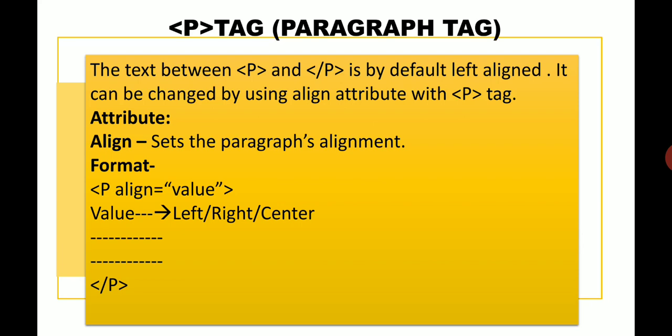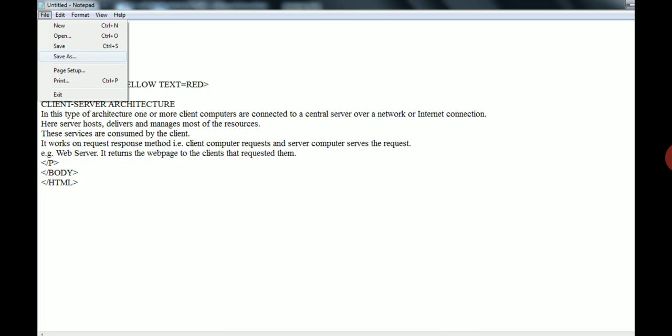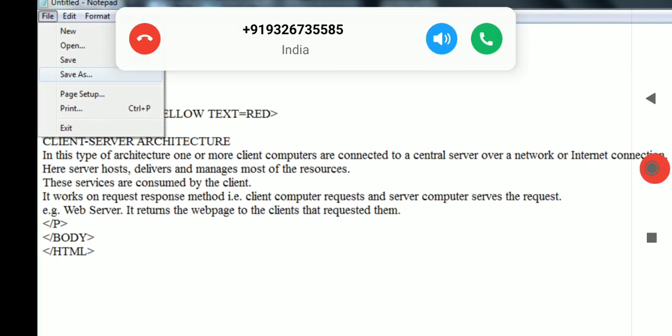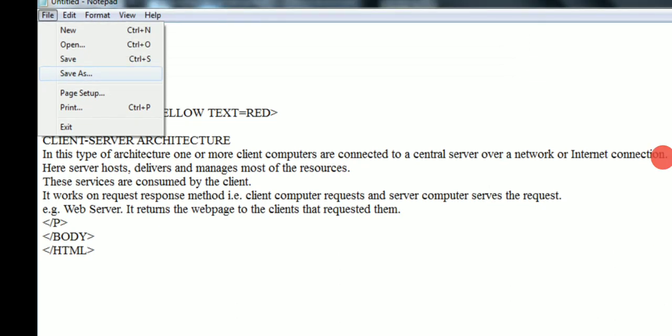Otherwise also, when we write any paragraph in a notebook, we make the alignment left aligned. Generally our alignment is left aligned. So by default also it is left aligned. Paragraph is always left aligned. Now let us see a small assignment here, in which we have taken only one paragraph and the alignment set is left aligned.